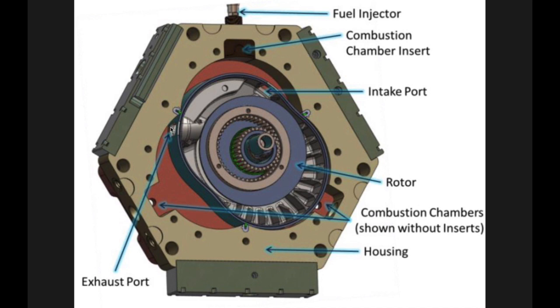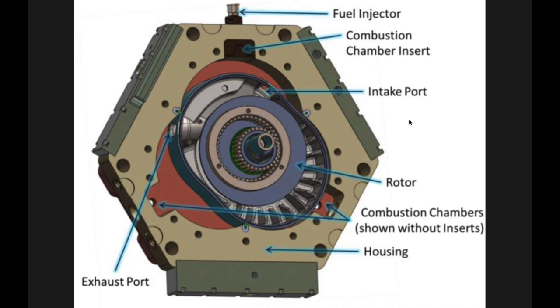And interestingly enough, and I think this is the key standout of this engine, is the exhaust port, which is here. So unlike the Wankel rotary engine, there wouldn't be an exhaust hole, and as the rotor turns, it would push the exhaust out. The exhaust would actually come through here and out through the shaft, which I think is pretty neat. The same applies for the intake port. So the intake port is on the rotor rather than on the housing like a Wankel rotary engine.